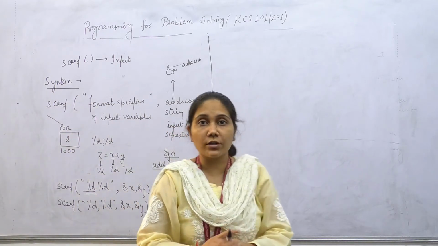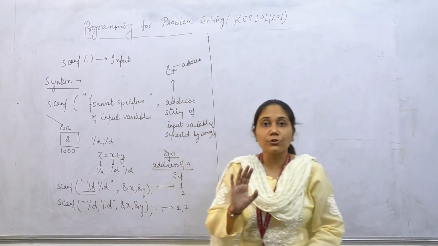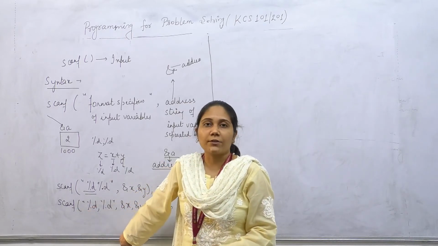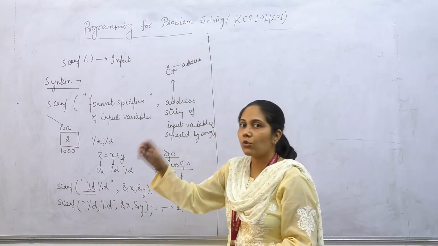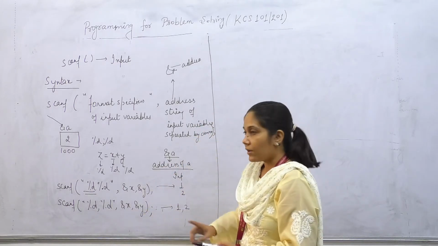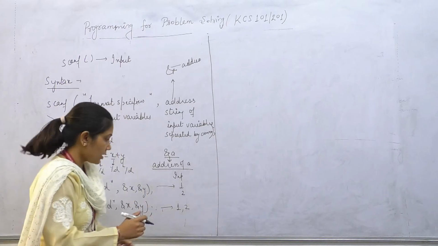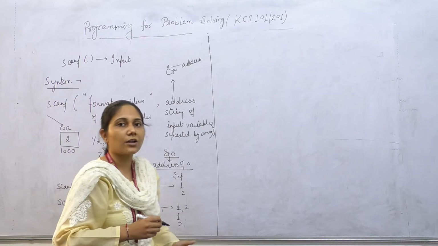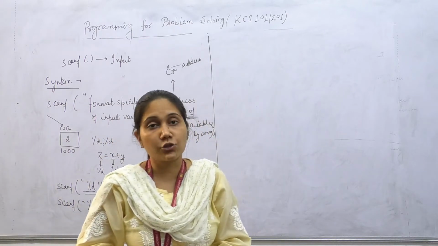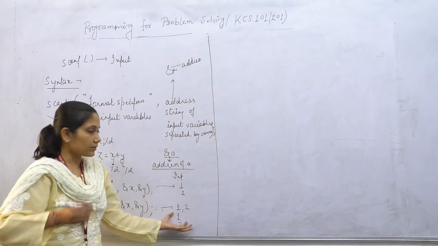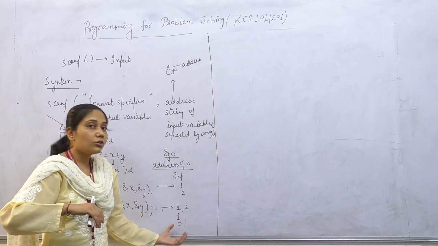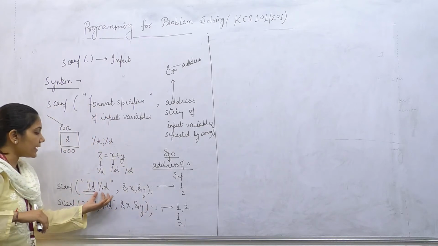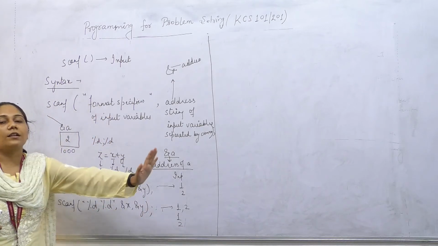If you are the developer, then you know what type of program you wrote and what syntax you wrote here. But if you are not a developer, if you are a user, then you have no idea what is in the code. So how are you going to give the input? Because if you give 1 and then press enter, it will show you a runtime error that the compiler will not be able to accept your 2 inputs. So for that reason, make sure that you do not write anything in between them. Just write it in continuity.